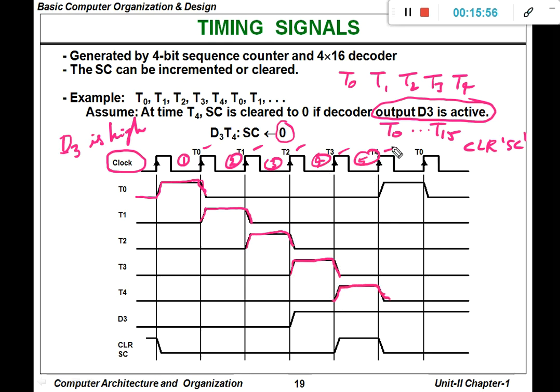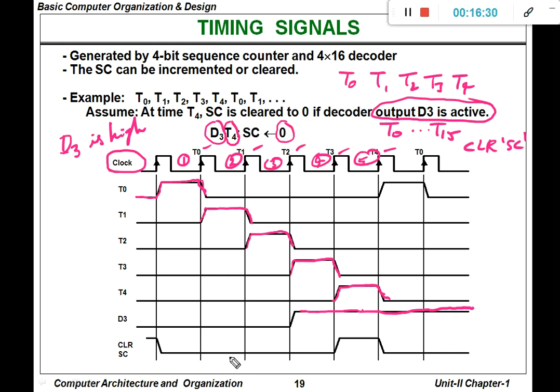So during this fifth clock pulse, D3 is active. D3 is active means D3 value is high. So because D3 value is high, based on the D3 value and the T4 value, we need to make the sequence counter cleared. That is, it must become 0.